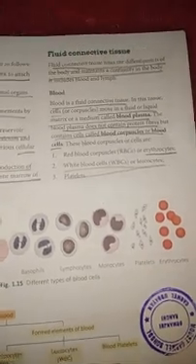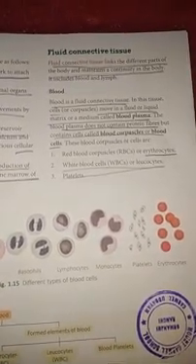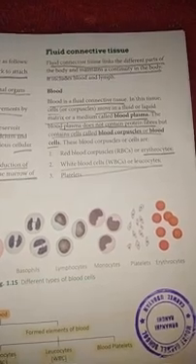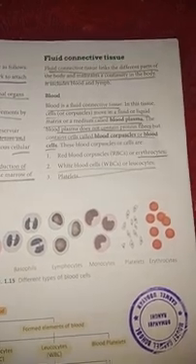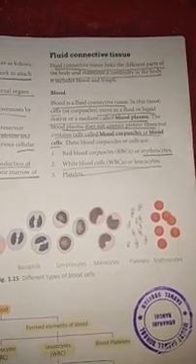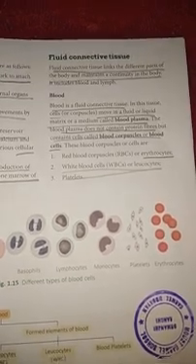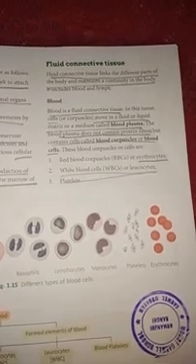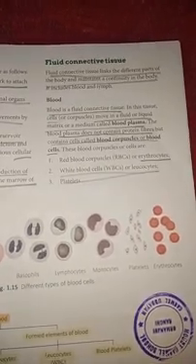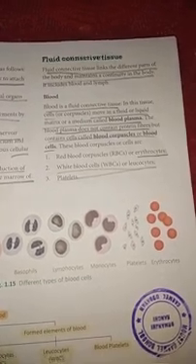Connective means it is connecting things, connecting the different cells and tissues to one another, and it moves in a fluid or liquid matrix or medium called the blood plasma. The medium through which it is flowing is known as the blood plasma. Blood plasma does not contain protein fibers, but it contains cells, known as blood corpuscles or blood cells.